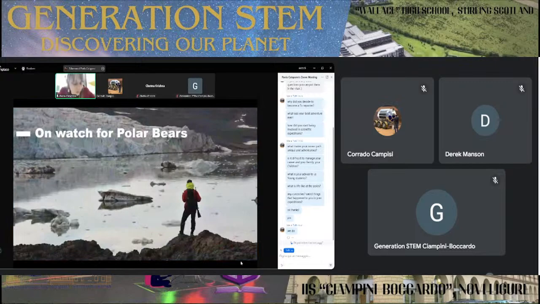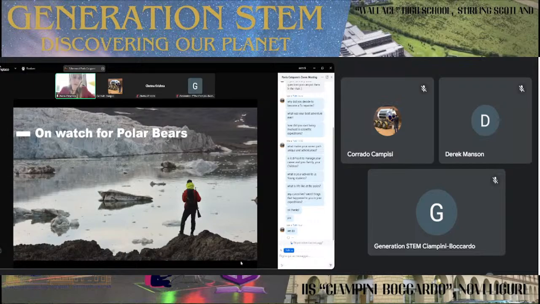You have to watch for polar bears because Spitsbergen is the territory of polar bears. They are the masters. As you saw in the film, when they are fed and they are in their environment, icebergs, they are not dangerous, but unfortunately there are fewer and fewer icebergs and they become dangerous. So you have to have somebody on watch all the time. You have to have weapons. You have to have flares, and you have to be trained what to do when you sight a polar bear.